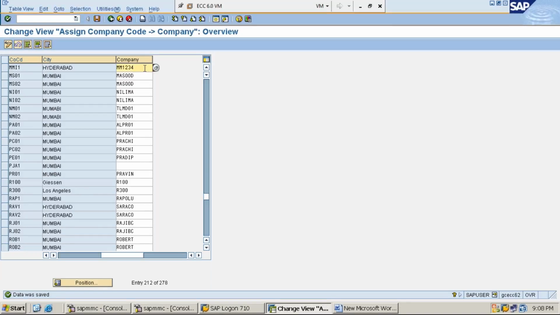Likewise, suppose I have one more company code representing US, whatever business transactions have taken place in US will be processed using the US company code. So the point we need to understand is, end users will process the transactions at